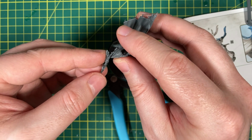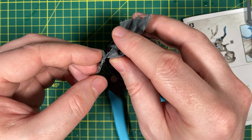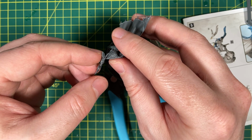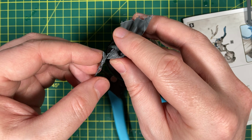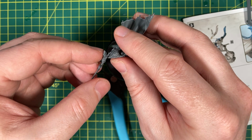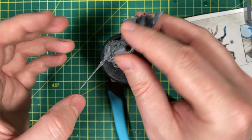Okay, so I'm trying to do this on camera, but it's really fiddly. It just sort of slots right in. And it's definitely one of these pieces that you should probably hold for longer than you think you should. I kind of want to let it go, but I don't think I will yet. And you can see that the glue starts to work, starts to melt. Okay, I think that's enough. Still a little bit flimsy, but